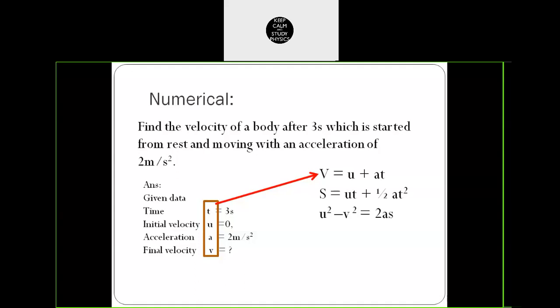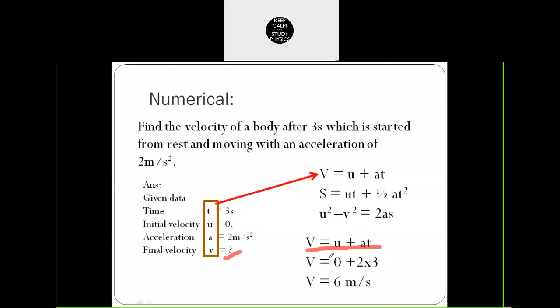Afterwards, I won't be explaining because I'm giving you strong basics. So later onwards, you should solve the problems on your own. Now, take down the equation that we know. The equation we identified is v equals u plus at. So we have taken that equation v equals u plus at and substitute the values in the given equation.